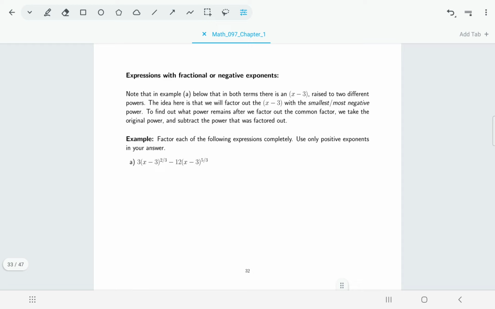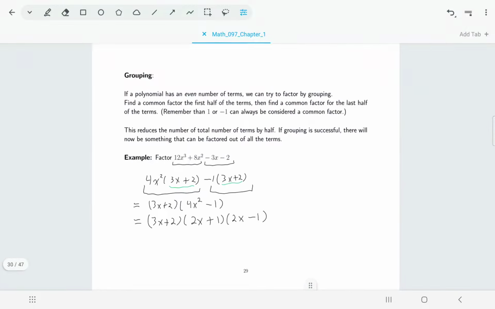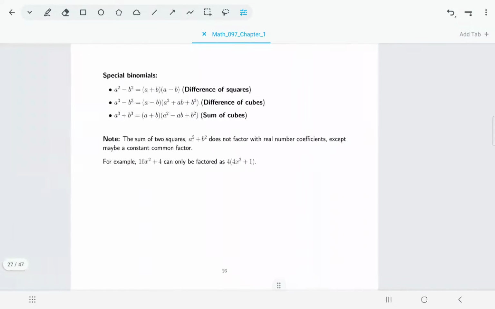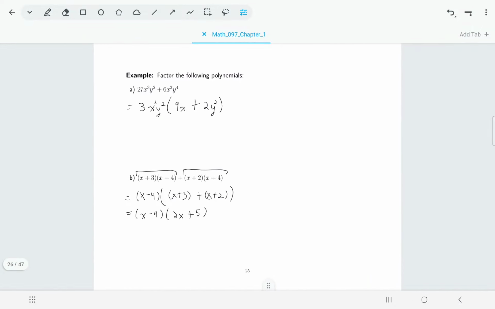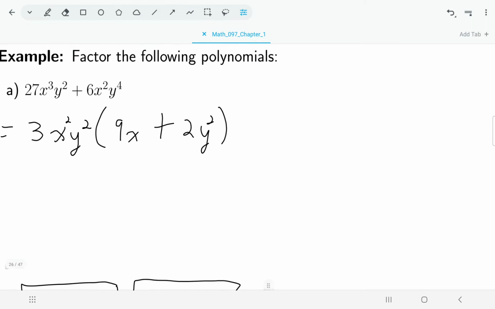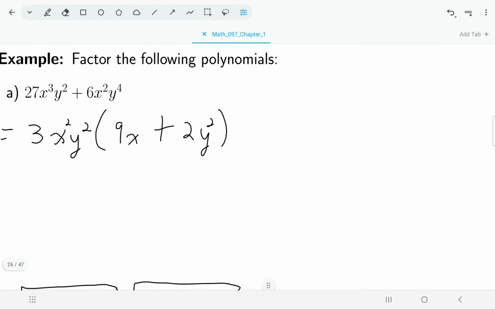Okay, so let's do a little bit more work here. This is now more common factoring, essentially, but dealing with fractional exponents or negative exponents. The good news is, if we flash back to what we did before with common factoring, when I did the very first example and we were talking about how we decide what's left behind,